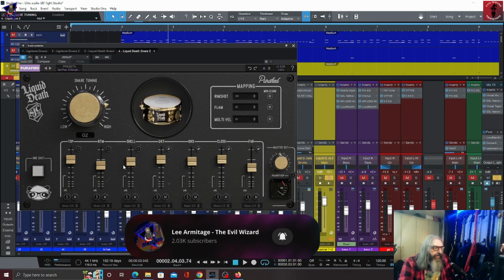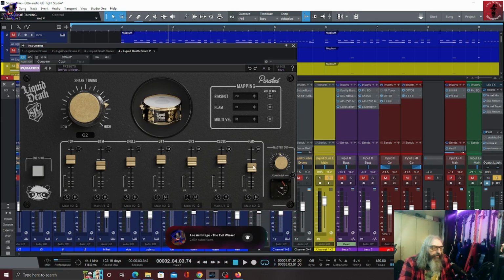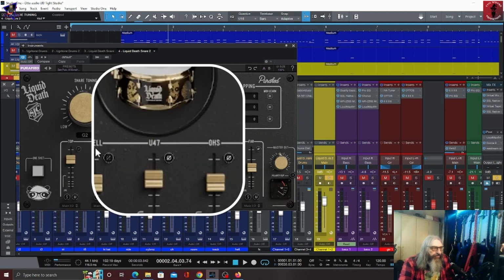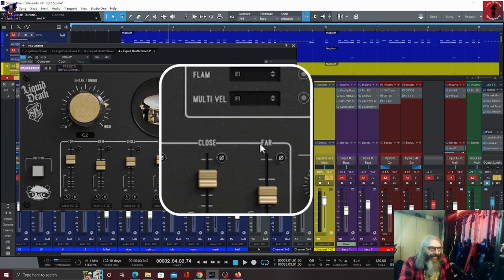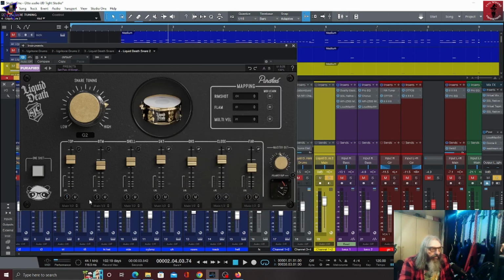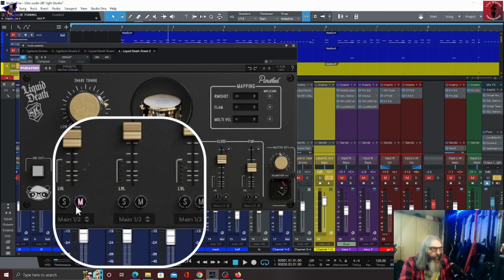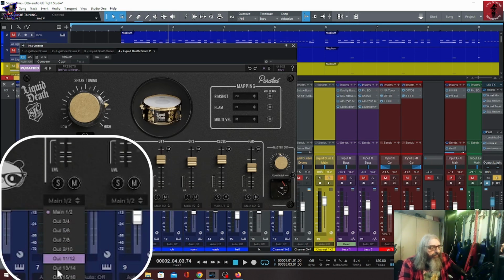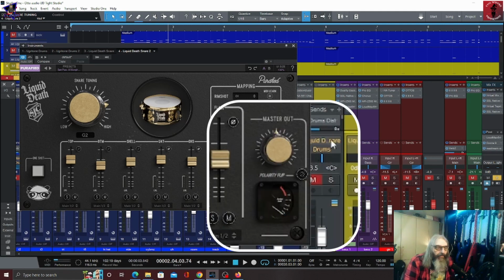And then underneath that you've got faders for the different microphones that you use. So you've got a top mic, a bottom mic, one on the shell. You've got U47, which is a little bit further away. I think that's an overhead close mic, and then a far mic. And you can solo them or mute different ones, whatever you please. And you can also have each mic going out of a separate output. And then there's your master out and a meter. Like I say,